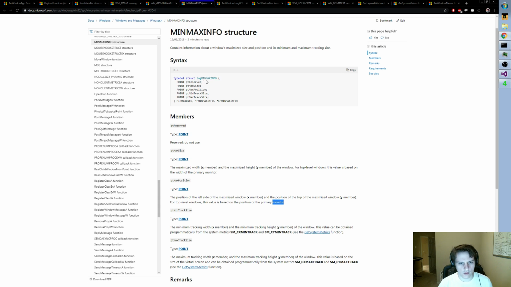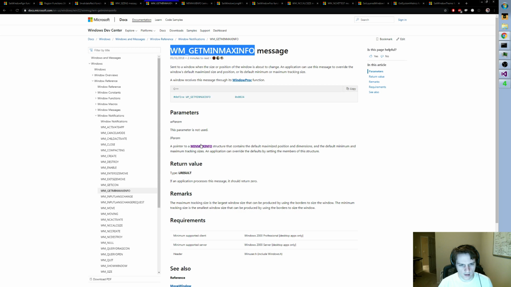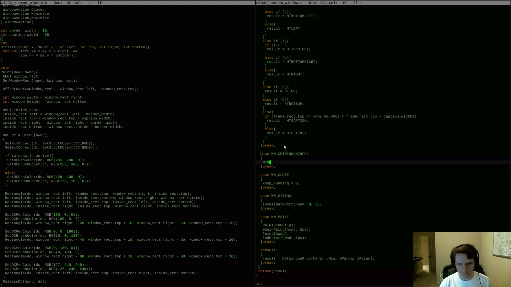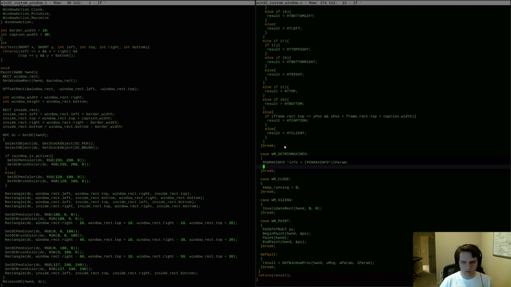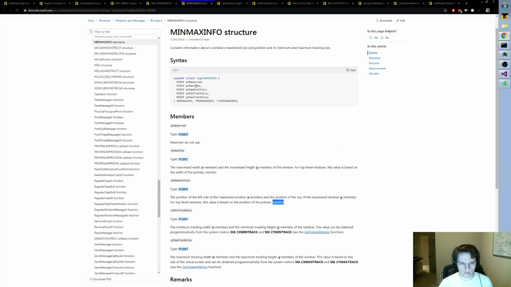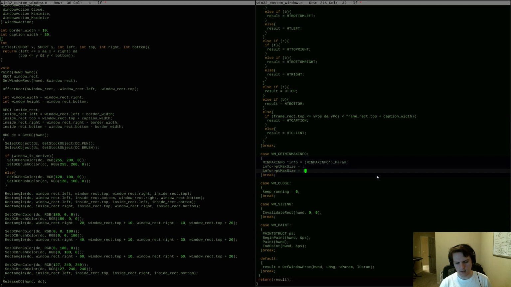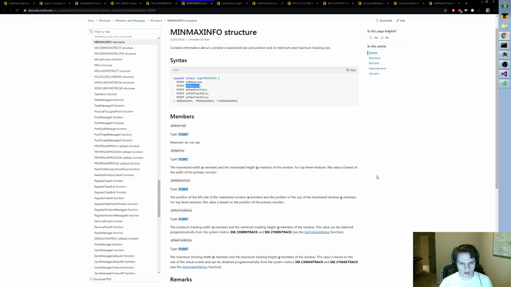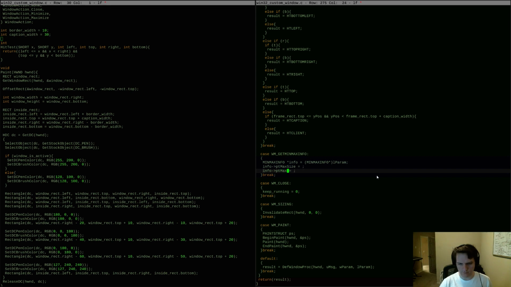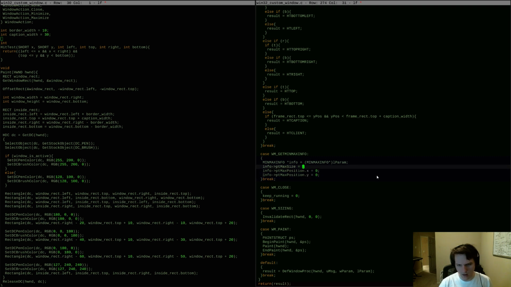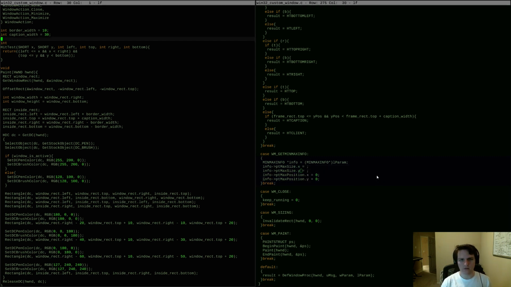maximized struct turns out the way I want. So I want to cast lparam to a min-max info struct, and then I want to modify the size: max size and the max position. Max position is the easy one. That's just going to be 0, 0. The size is not going to be that hard, but we do need to go